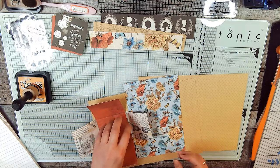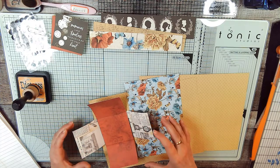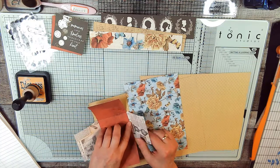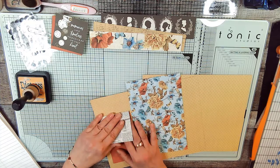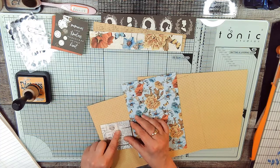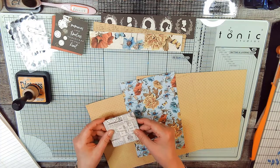So I did make some measurements on this. I had to play around with it to get it to work, because if you think about it, you could go, oh, all right, well, 9 inches long and 3 inches wide and blah, blah, blah. Right, except there's a thickness to the paper when you go to fold it. And so I didn't want it to be just a complete square either. I wanted it to come out with a little bit of a flap to it. Oh, that must be the correct way to fold it. I knew that when it came down that far, that was too far. Anyway,